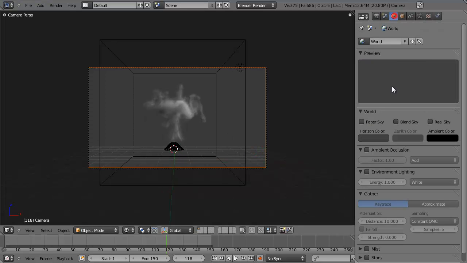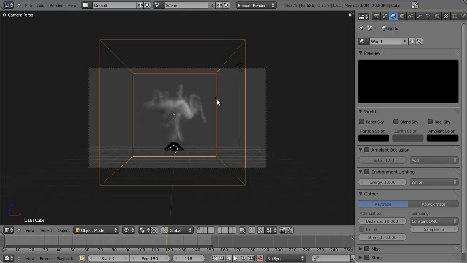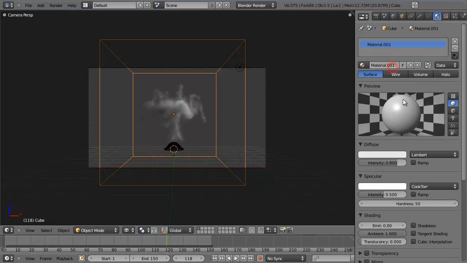Okay, and I'm going to set the sky to black just so we can see what's happening a bit better. And that lamp is fine for now. Okay, so let's move on to the material for our smoke simulator. So go to the Material tab and click New. Now, we're going to be using volumetrics. So from the top here, we're going to select